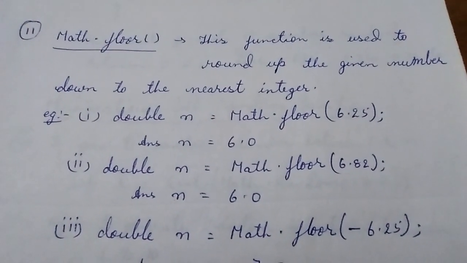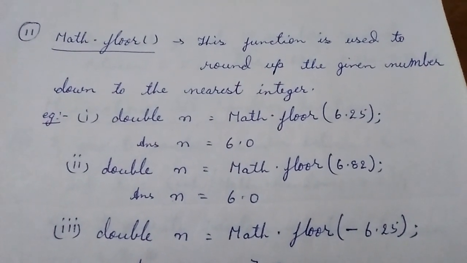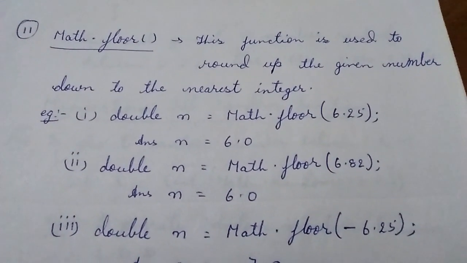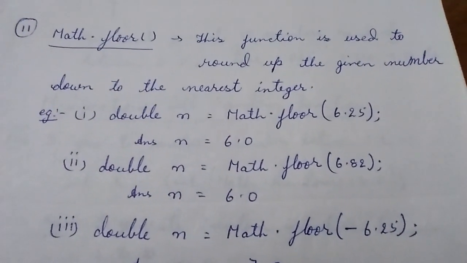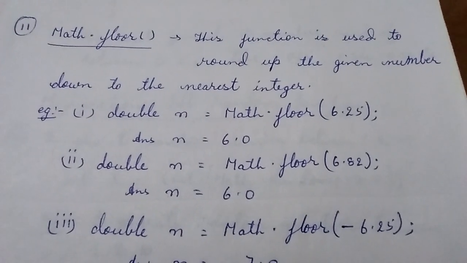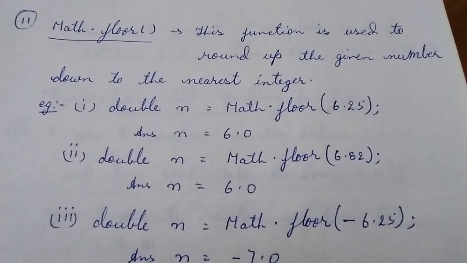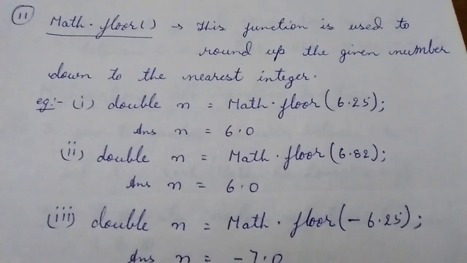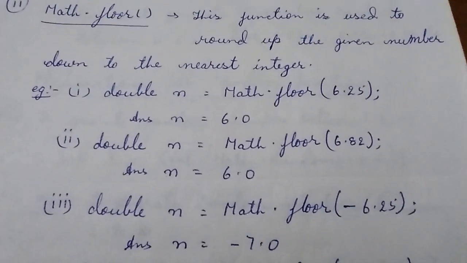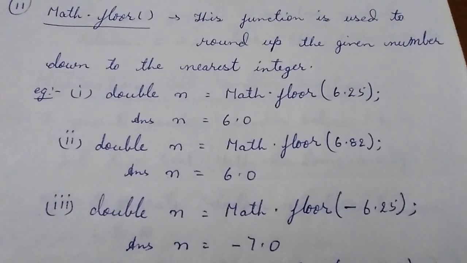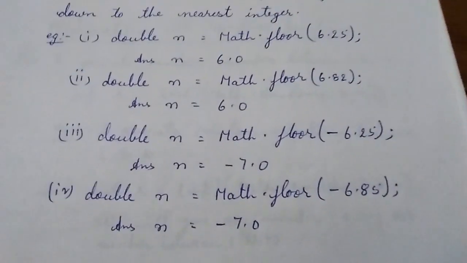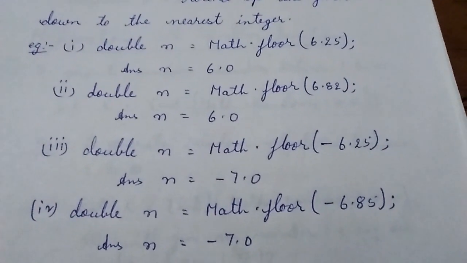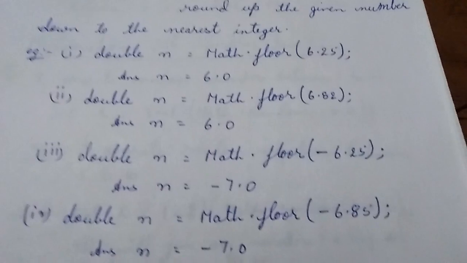Floor is down. This function is used to round the given number down to the next nearest integer value. double n = Math.floor(6.25) gives 6.0, whereas if you have 6.8 or 6.9, it will also truncate you to 6.0 only. Similarly with negative numbers, double n = Math.floor(-6.25) will also truncate you to